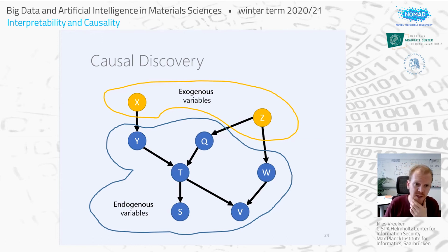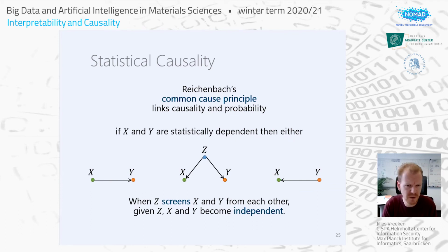Now, how can we reason about that? Back in 52, at the top of my head, 53, Hans Reichenbach, philosopher and partially mathematician, posited the principle of common cause. This is really a cornerstone in statistics and causality. It was the stepping stone, the bridge towards all the things that followed. Basically what he observed is that if two variates are dependent, I just call them X and Y, and we measure this well, so not just over 2 or 3 data points, where it may just be down to rotten luck, but we have a large enough database and we really see that, hey, wait a second, that's, let's say,